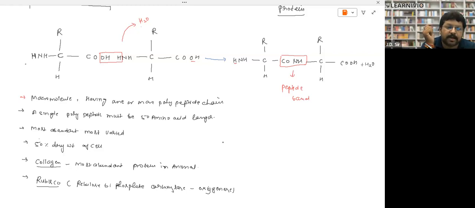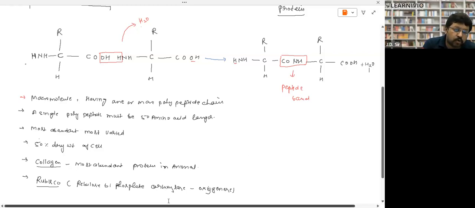Skin of animal, skin of human, in our skin collagen fibers are found, right? Collagen fibers give stretchability and strength to skin. Buffalo, cow, they have thick skin because they have lots of collagen fiber, right? So collagen fiber decides the strength of any leather. So what is leather? Leather is basically made up of collagen fiber, and collagen is a type of animal protein.